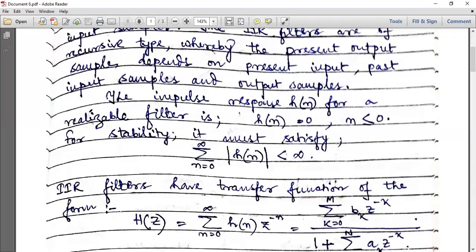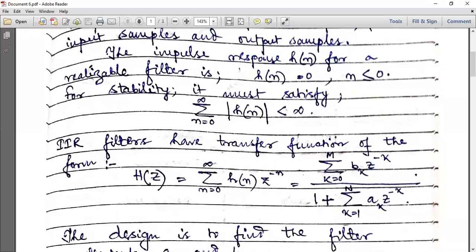Now the IIR filters have a transfer function of the form H(z) equal to the summation of n equal to 0 to infinity of h(n) z to the power minus n. You remember the transfer function H(z), we have studied it in the Z transform chapter. If we describe it in more detail, it will be equal to the summation of k equal to 0 to capital N of b_k z to the power minus k, divided by 1 plus the summation of k equal to 1 to capital F of a_k into z to the power minus k. Clear? This is the general expression. Okay. Now